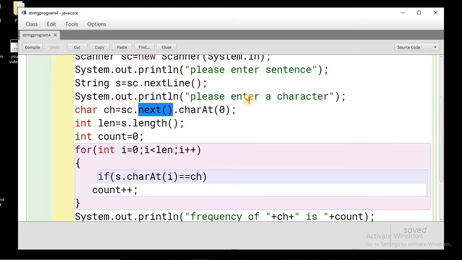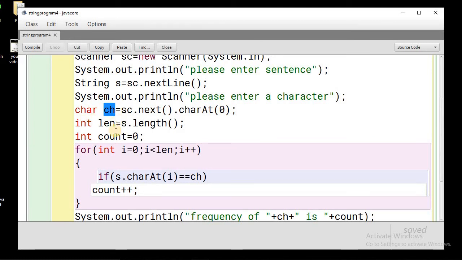So to input characters, we have to follow this pattern. First we accept the word, and from that word we take the first character, that is, at index 0. In this way we get the character inputted by the user into ch.